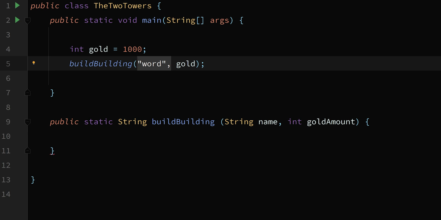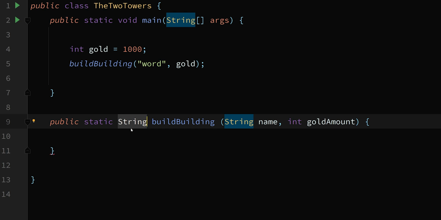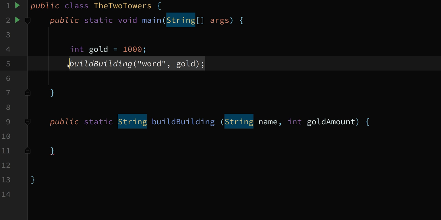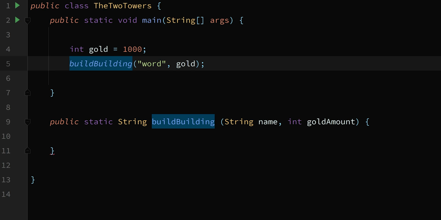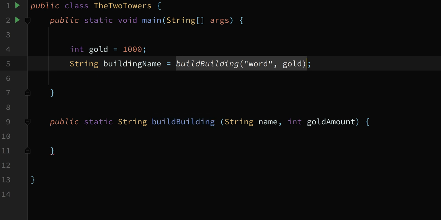So when we have a method declared with a return type, let's start shifting focus towards a return type here. When we have a method declared with a return type, my return type right here is string. We should be calling this method within a statement that uses the assignment operator. We should not be calling the method standalone like this. I'm expecting to get back a string, so I should be using the assignment operator and storing that value into a matching type. So we'll do like building name. So this is returning a string,